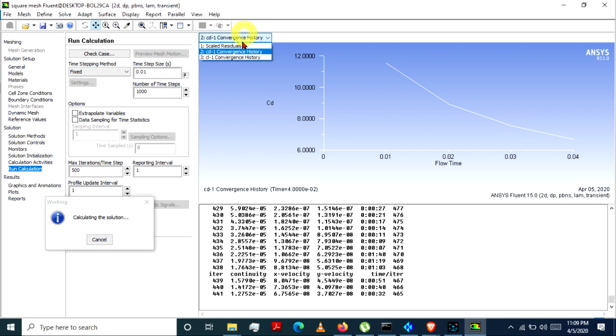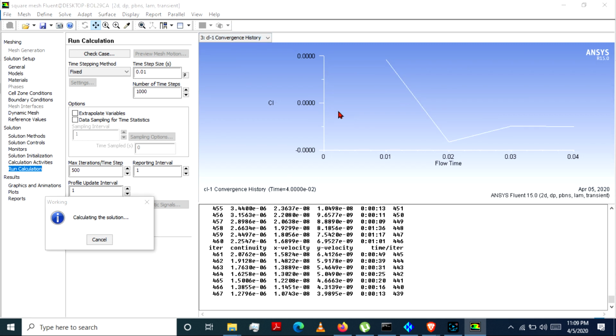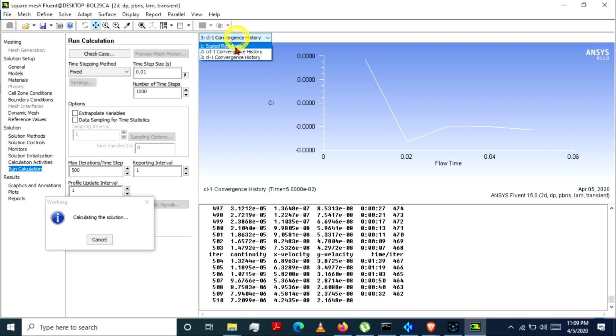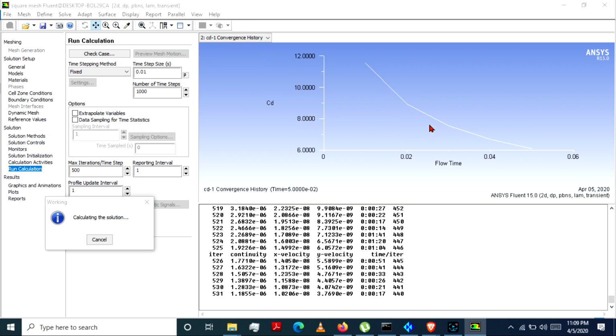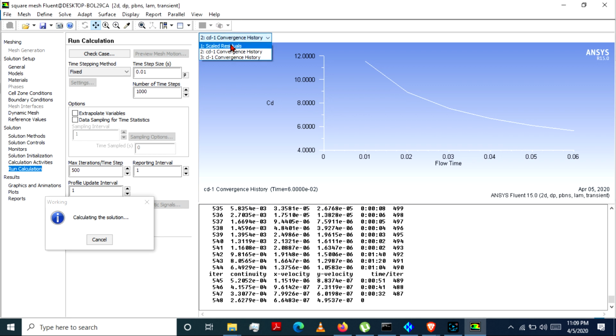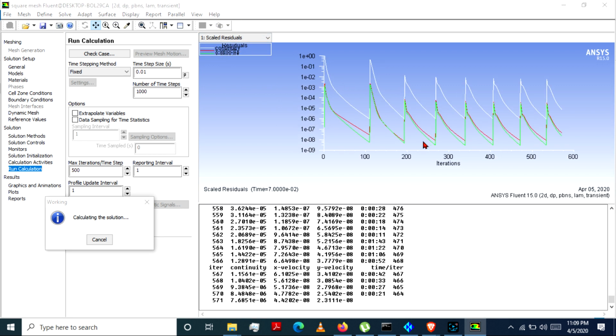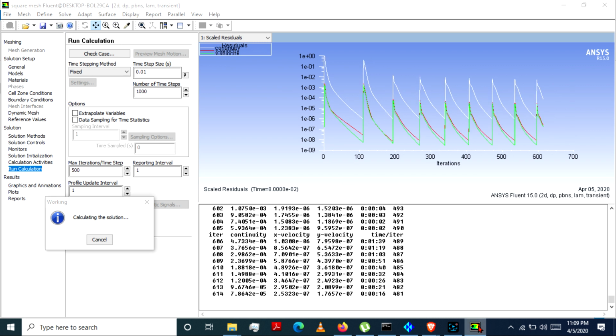So your drag and lift and convergence history is plotted. This is the coefficient of lift being plotted. Similarly, drag data is being plotted, and the scaled residuals, right? So it will take some time to reach the